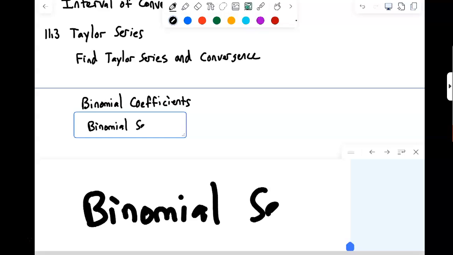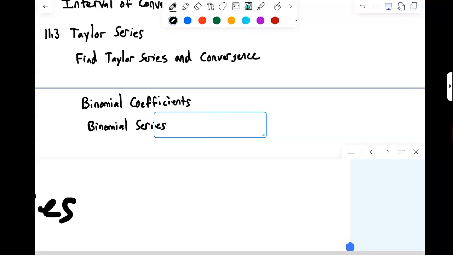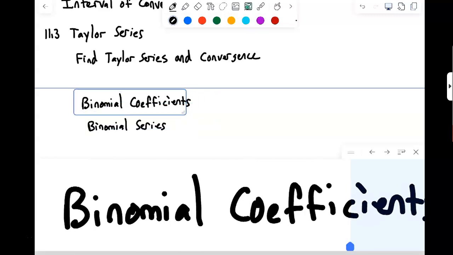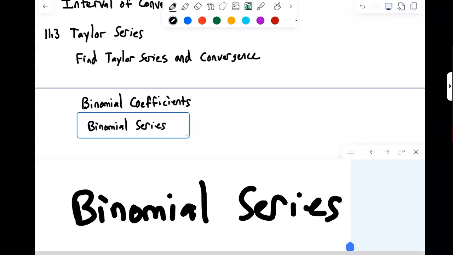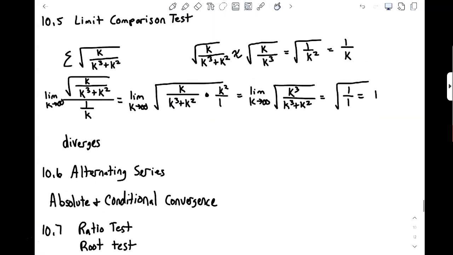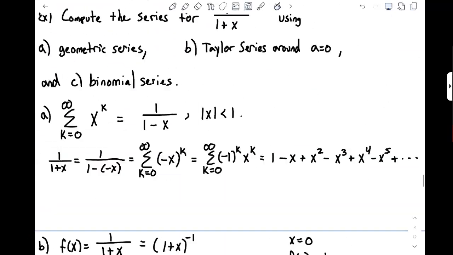a binomial series. And by the way, the binomial series, you see it in the homework. It actually is expressed incorrectly in the 11.3 homework. So the last three problems are binomial series. So you might have a question asking about a binomial series, setting up at least the first few terms of a binomial series. And you can do that using the binomial coefficients. And that's what we were just talking about a little earlier,